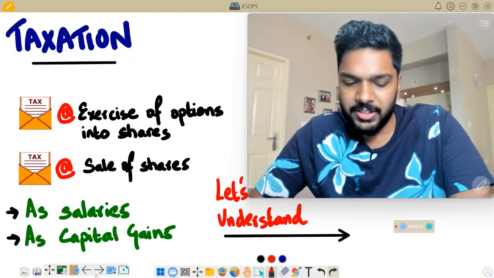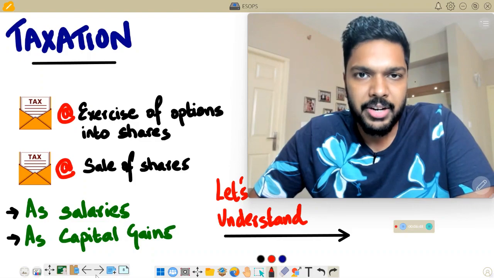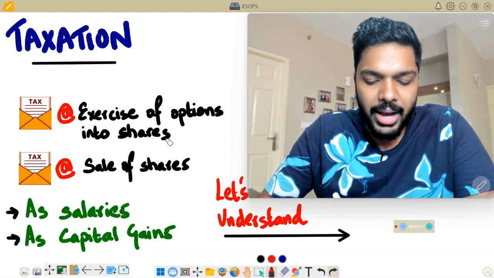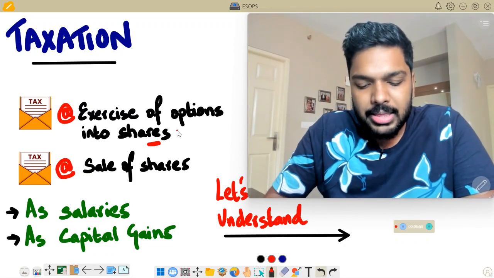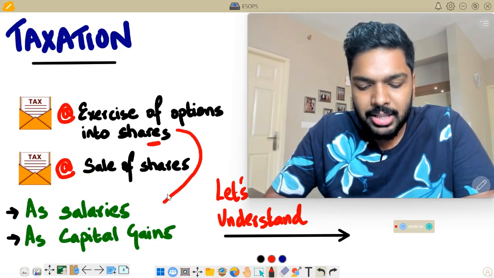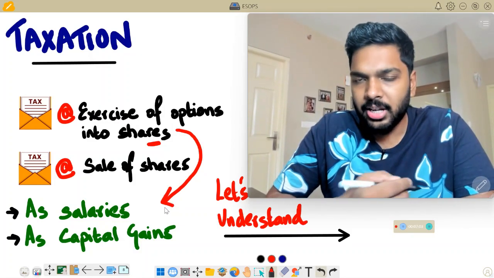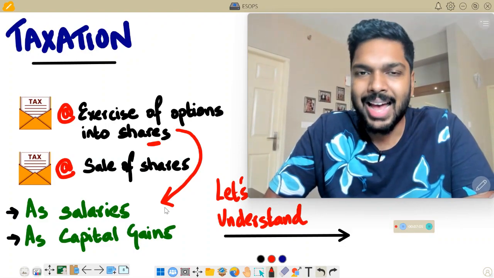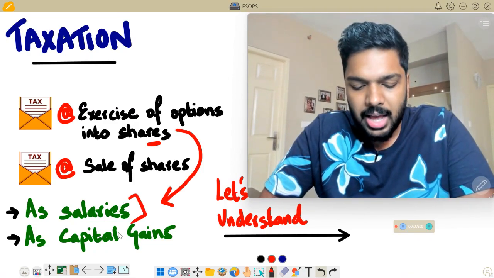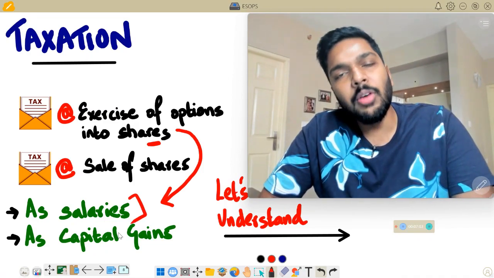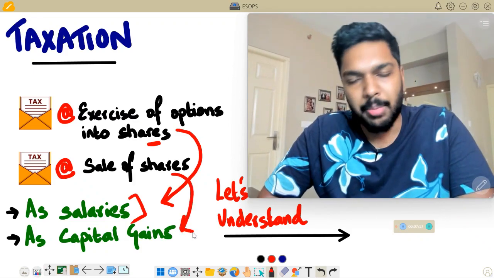Coming to the tax part of things, well, there are two situations in which income tax will be levied. The first scenario is when you exercise your option, that is, you're giving up your options and getting shares. This is sort of a deemed benefit because there is no actual money coming into your bank account. In contrast, there are shares coming into your name, and therefore this will be taxed as perquisites in your hands under the head salaries. And when you get shares and when you think of liquidating the same, then yes, the gain or loss will be taxed under the head capital gains.